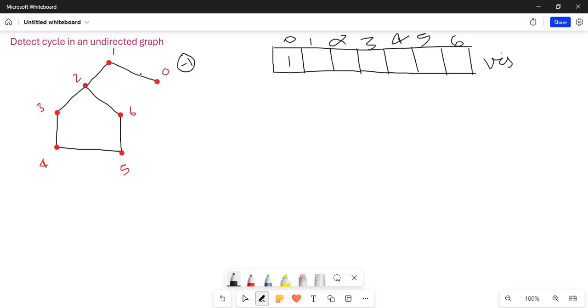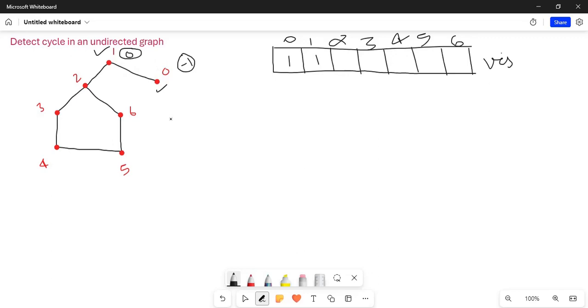If 1 is called, make 1 visited and tick it. A tick indicates that the vertex is visited; you can tick or not, it depends on you. And if 0 calls 1, then 0 will be the parent of 1.